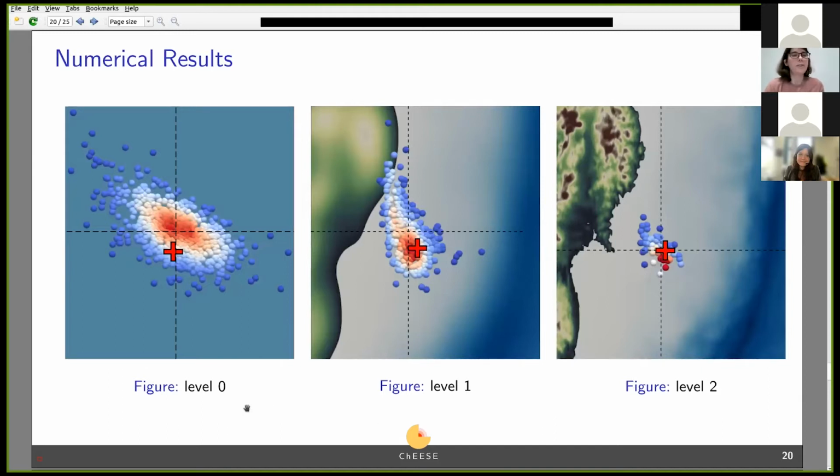Here are the results. For level 0, each of these dots represents an entire sample, so that's one full PDE solve for each and every single one of these dots, although these ones were very cheap. The little red X marks where the actual location is expected to be. And so this is not going into completely the correct area, but you can see that it's also not completely